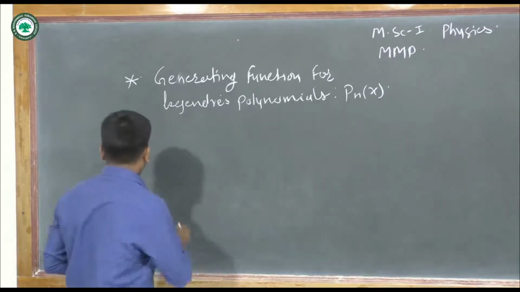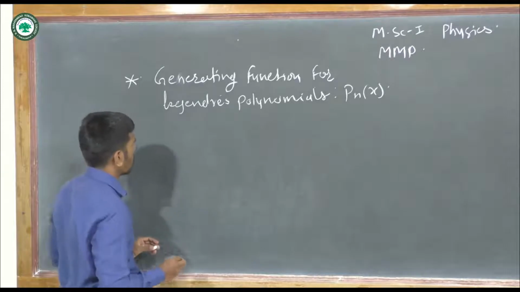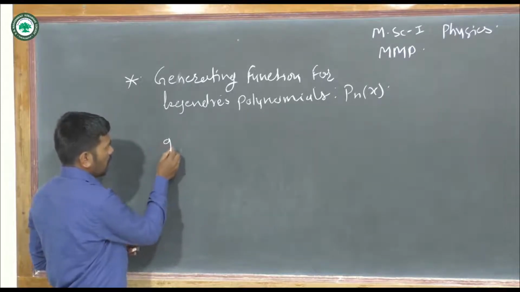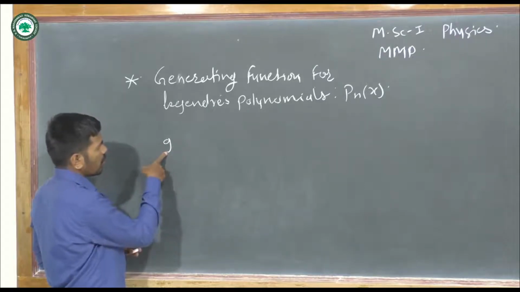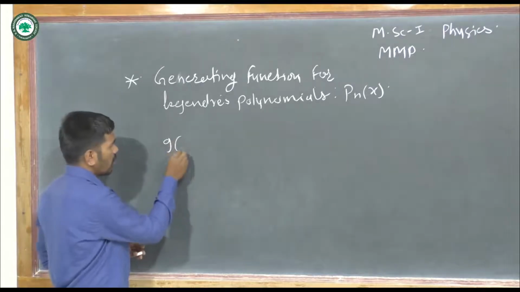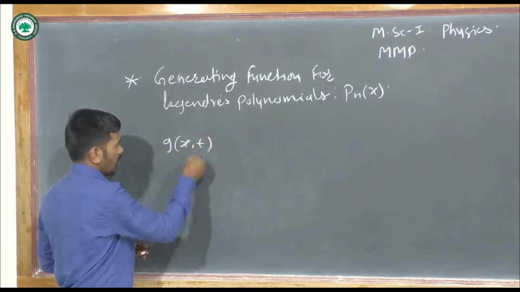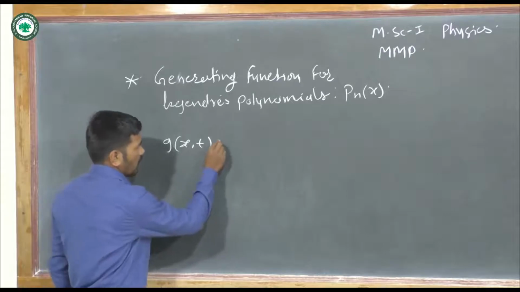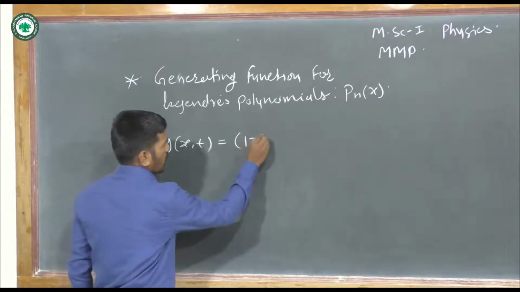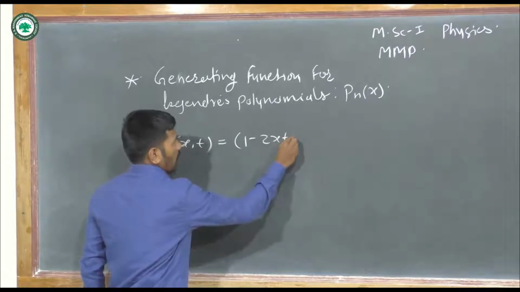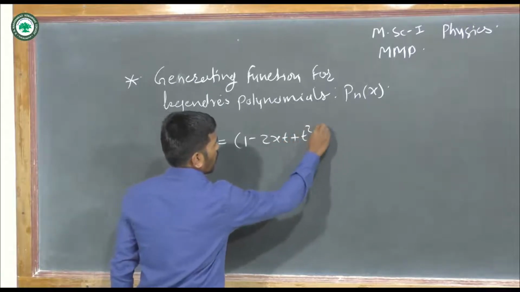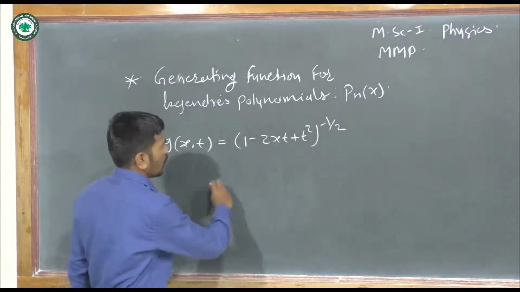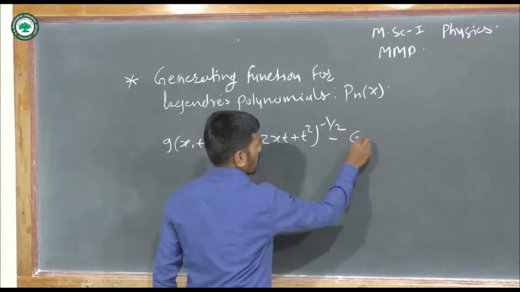So here I consider the generating function g, a function of x and t, where x and t are the two variables. It is equal to (1 minus 2xt plus t square) power minus half. This is the generating function